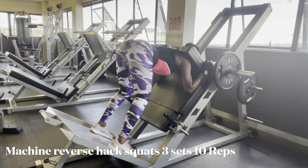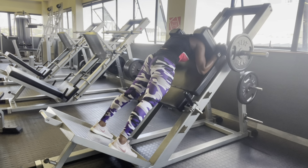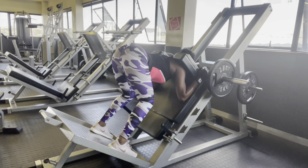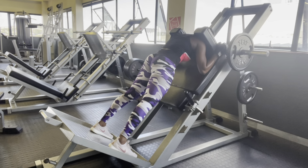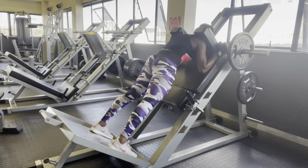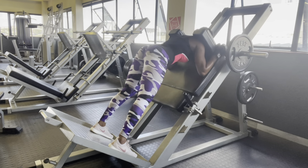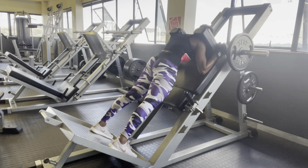Immediately when I was done with that, I decided to do the machine reverse hack squat. With the machine reverse hack squat, I was trying to push out my glute as much as possible, so that when I come up, I try to squeeze it, and yeah, I focus more on the pushing out of the glute and the squeezing part. This workout is actually very good for your glute and stuff, and it also helps you